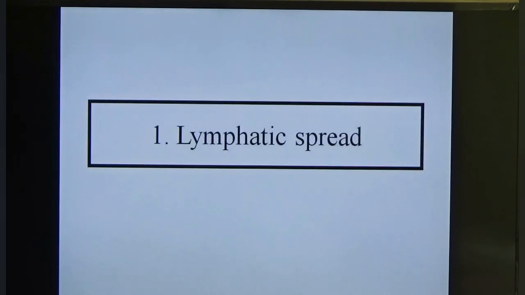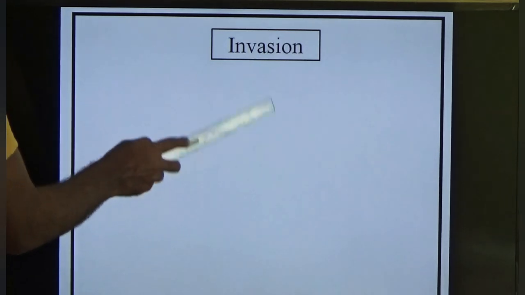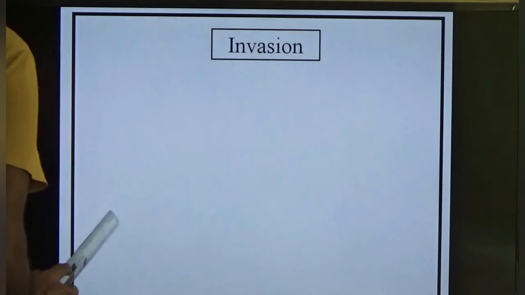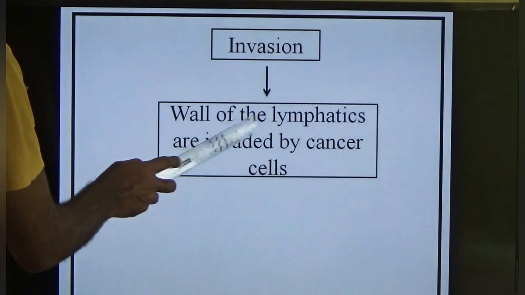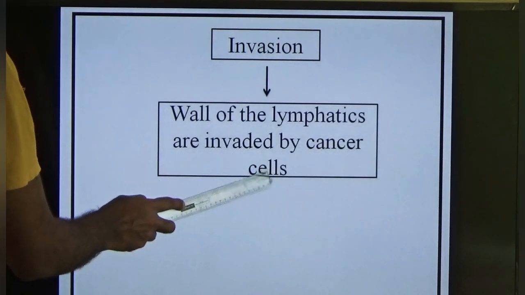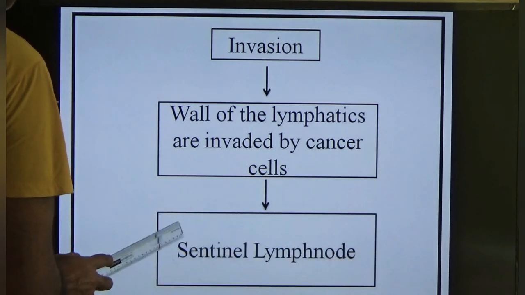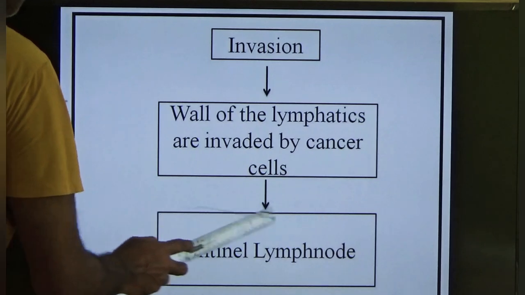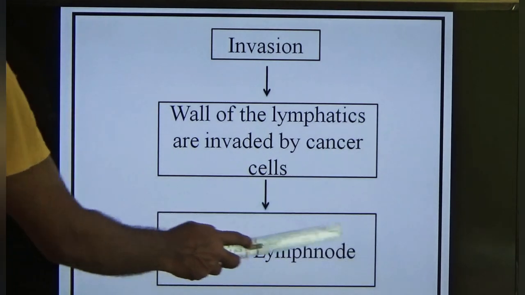Okay, lymphatic spread. How does it happen? First, before metastasis, there will be invasion. The depth of infiltration leads to the walls of the lymphatics being invaded by the cancer cells. That leads to the sentinel lymph nodes. So what are sentinel lymph nodes? The first lymph nodes, or the first lymphatic system, to be affected